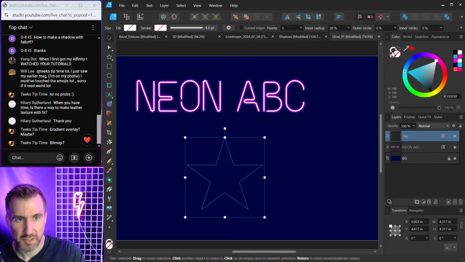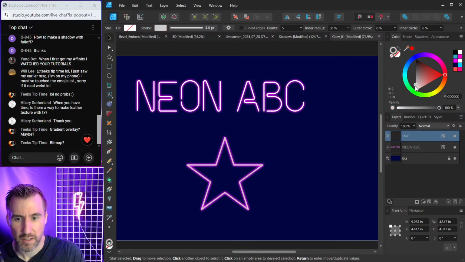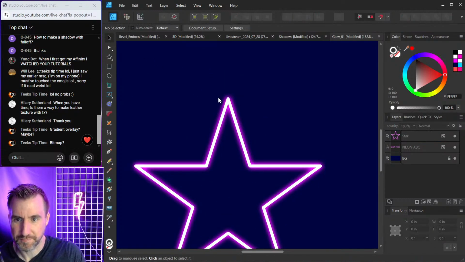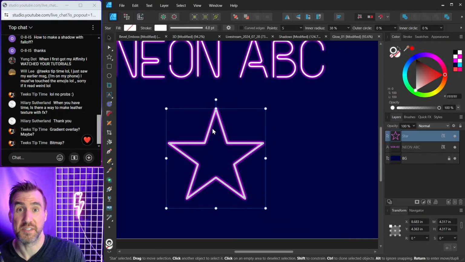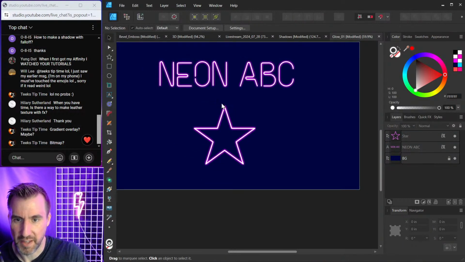If I make it empty, I kind of like this. So I just gave it a white stroke and the glow will follow the stroke there. So giving a white center with a colored glow is kind of a standard way of creating these neon effects. That's one of the ways that's done there. Now,